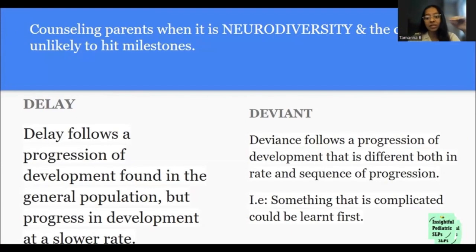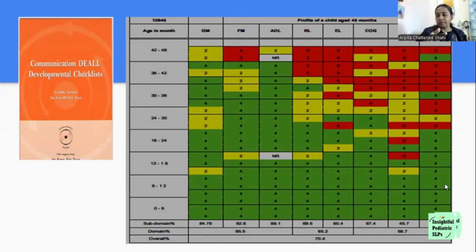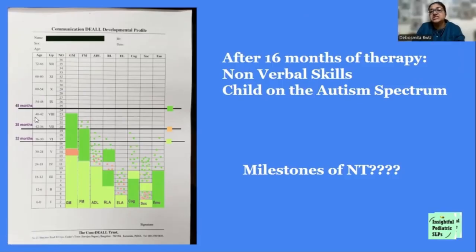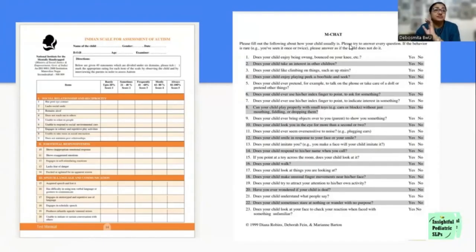Whereas a deviance is something that is complicated could be achieved first and there is no pattern. So the sequence of progression is also different, and the child has already acquired the skill and has acquired it over all situations. So this no longer becomes a therapy situation. So cumulative of 16 months after therapy, you can see the ELA has barely moved. At times there is a word or two. We are definitely struggling with gestures, and both are freely downloadable, and I will be putting these on the groups as well. These are excellent in getting the parent to understand the referential and the